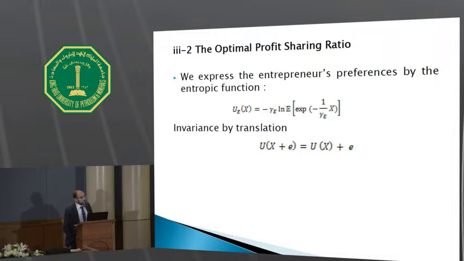It's invariance by translation. Invariance by translation means that the utility of a random amount x plus a certain amount e is equal to the utility of the random amount plus